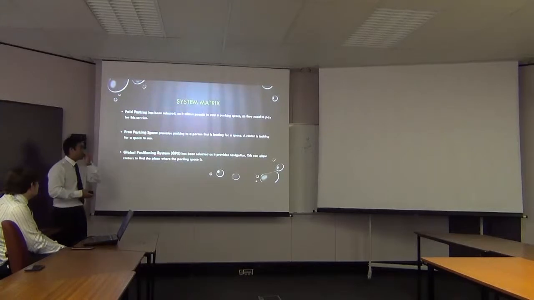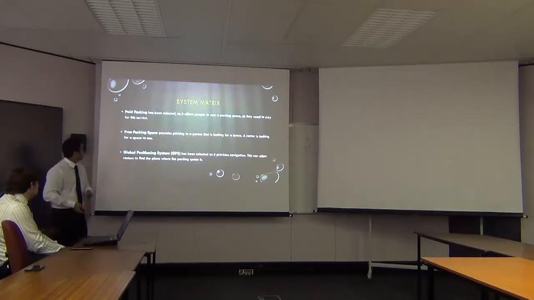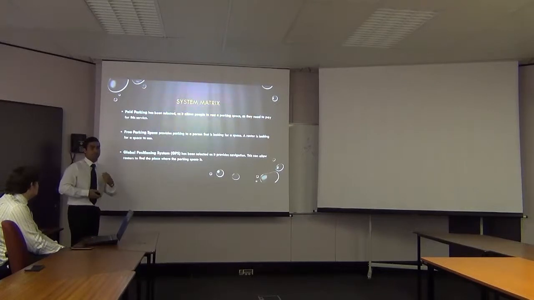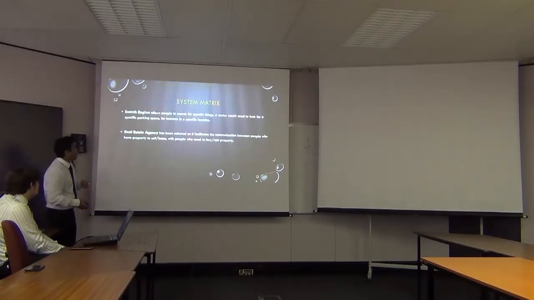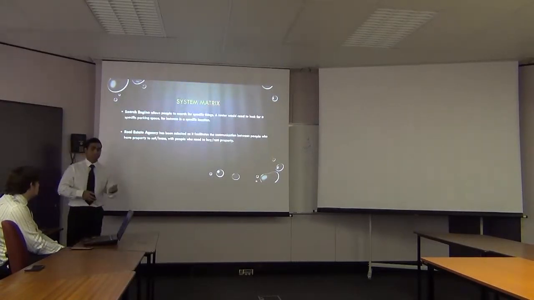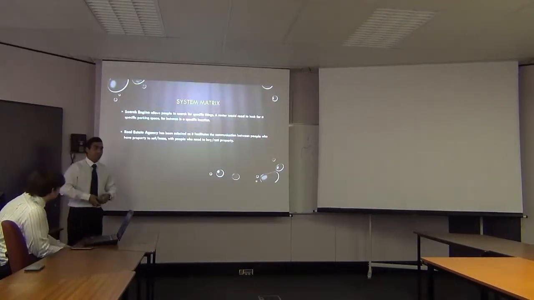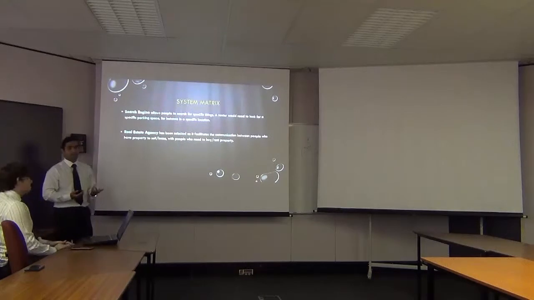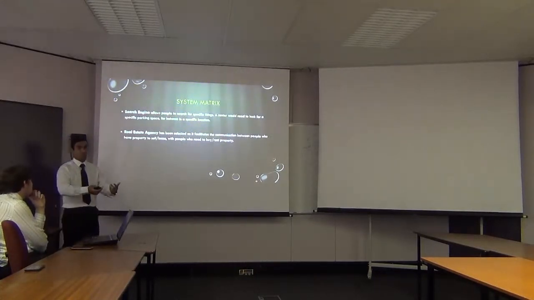Free parking space, regardless of the price, if there's a free parking space available, the person who's actually looking for it is going to take that parking spot. Global positioning system, that's for the navigation in the sense that if you book something, you want to find directions and find a way to navigate to that specific destination. Then we have the search engine. The search engine is there to find specific things, and if you're someone who's renting a specific parking space and looking for available parking, you want to search for that specific thing.